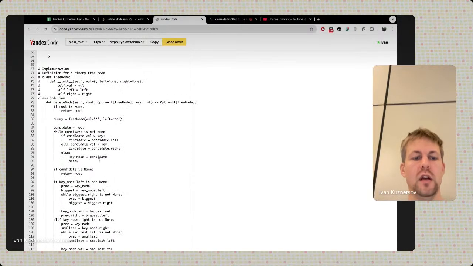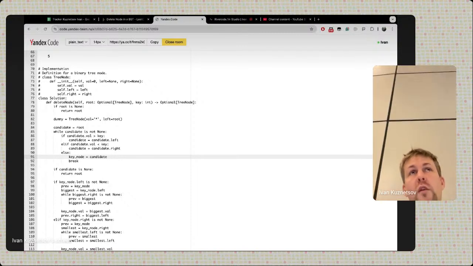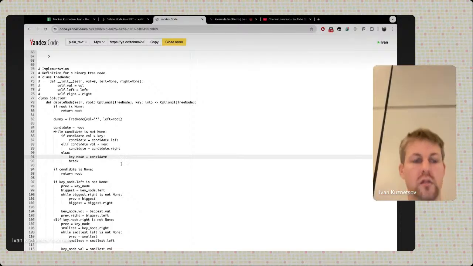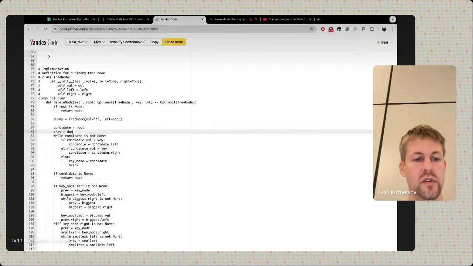The problem is that if we are removing some parent, some key node, and we are putting some value in this place, then we can find this value and we can update the tree. But if we are not putting any value in this place, because we don't have children and we just need to remove this node, it just means that the parent needs to be updated to point to none instead of this node. So we also have to do previous equals done here,